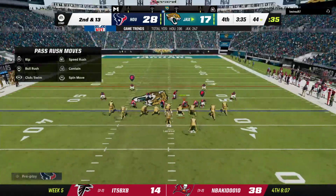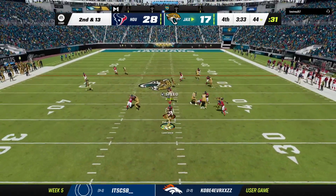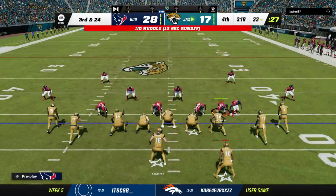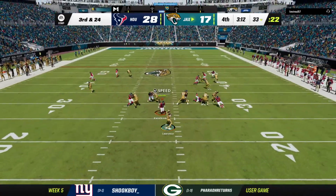See, that's now 5 sacks. How'd you like to be the offensive coordinator, the offensive line coach trying to come up with an answer for this pass rush? And pressure coming, and they got him once again. So now after the sack of Lawrence, the Jags looking at a 3rd and long. Now on 3rd and long, they'll look to